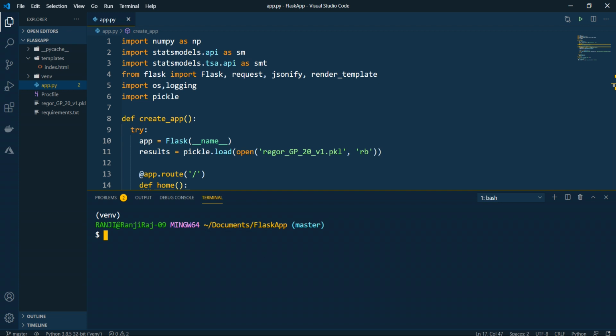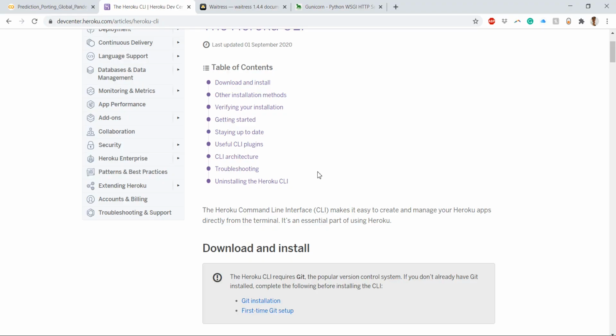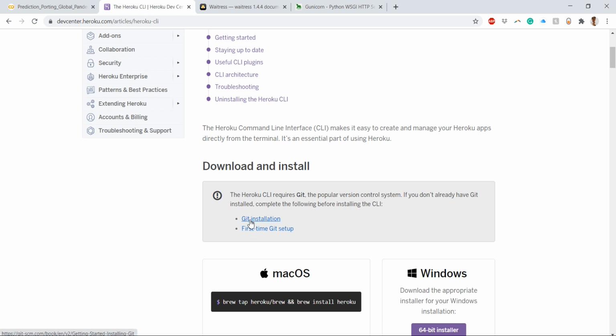Along with the Heroku CLI, if you want to push to Heroku, you need to have some version control technology. That is called Git. Before you install Heroku CLI, you need to have Git installed. I have my Git already installed.